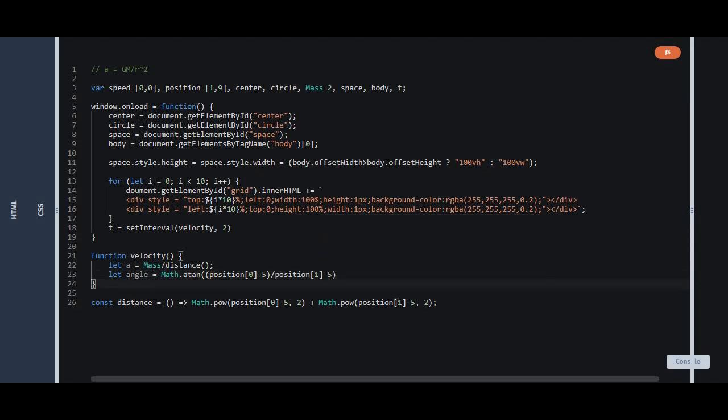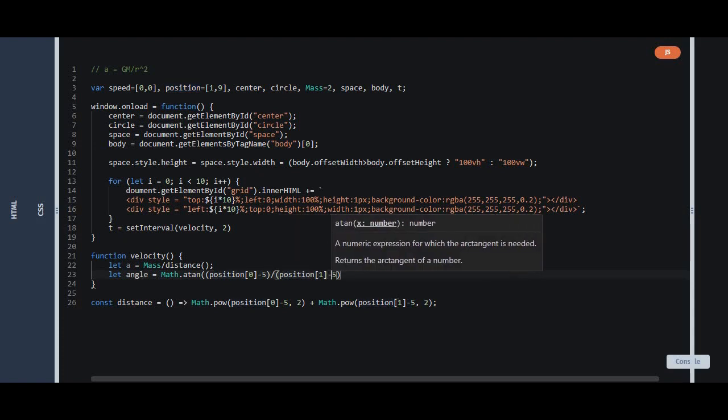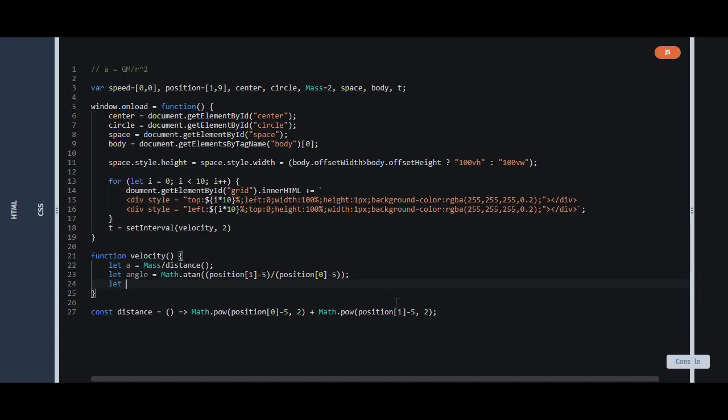Now if we see, wait a second, oh wait, this is the y, so this should be y and this should be x. X should be in the denominator. Now let's find out the x and y part of the